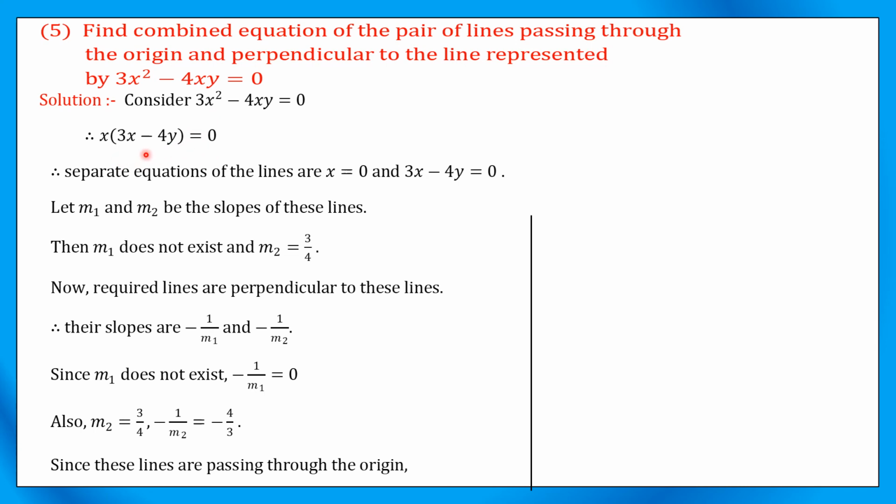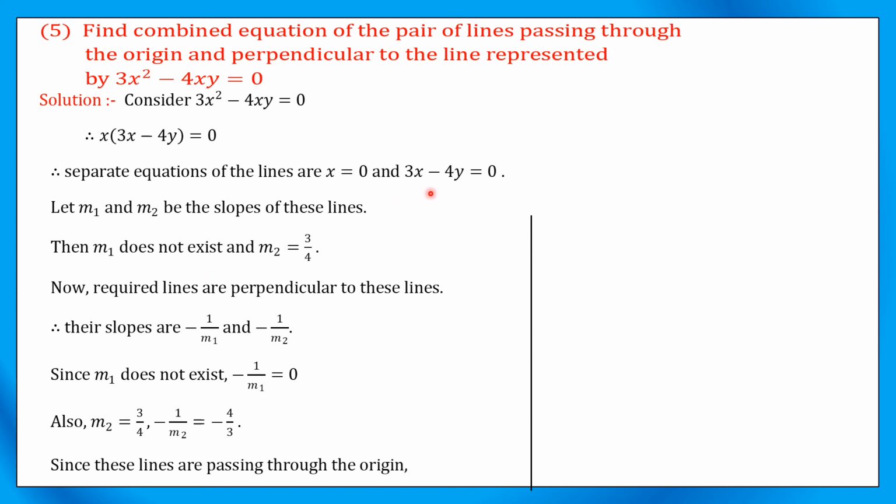These are two separate lines. The separate equations of the lines are x equal to 0 and 3x minus 4y equal to 0. Both are passing through the origin. The line x equal to 0 is the equation of the y-axis. Let m1 and m2 be the slopes of these lines. Then m1 does not exist, as x equal to 0 is the equation of the y-axis. The y-axis has no slope, therefore m1 does not exist and m2 equal to